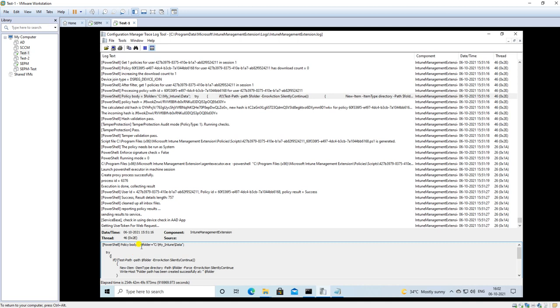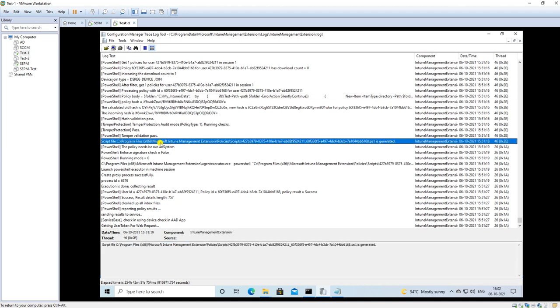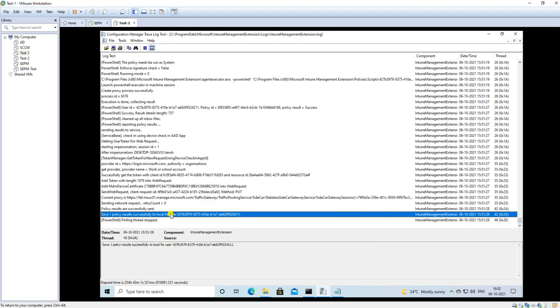So guys, it will take some time to execute or download the policy, like 10-15 minutes. Even I waited to replicate the policy, download the script and execute it. So it always takes some time. So when you are deploying, just keep some patience and wait for it to execute.